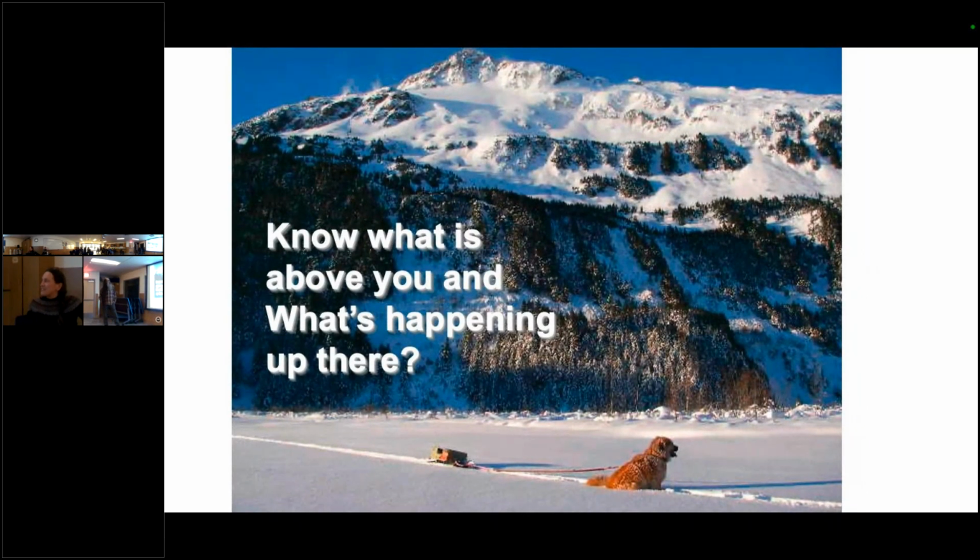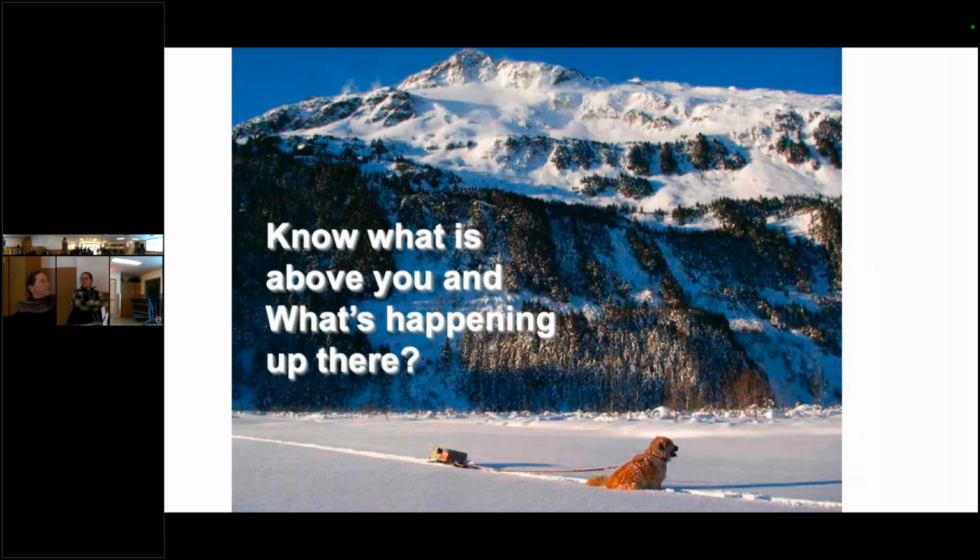No, just when you're on the valley floor, always be aware of what's going on above you. The alpha angle of a run out, if you're at the base of a mountain, is about 18 degrees.